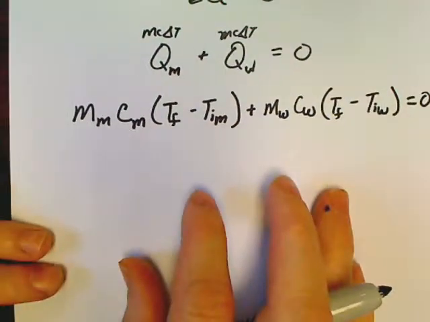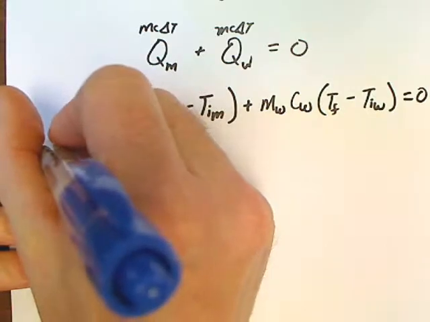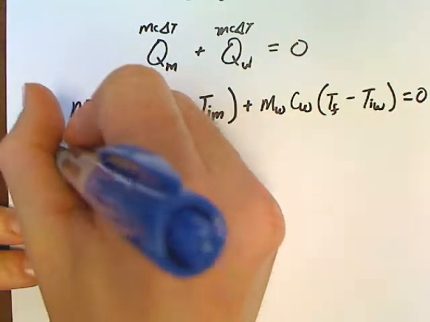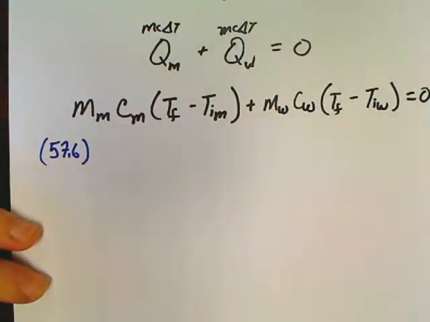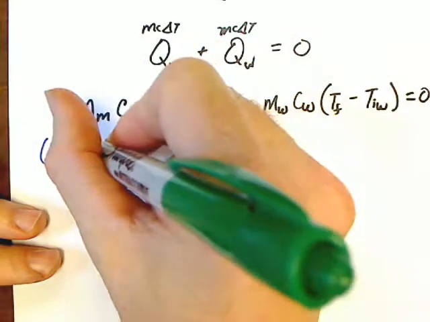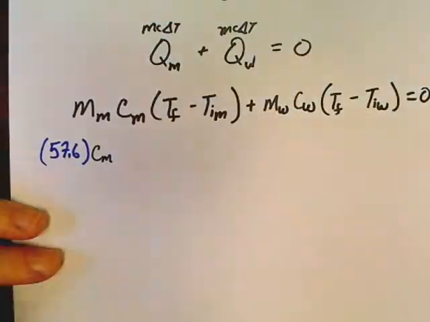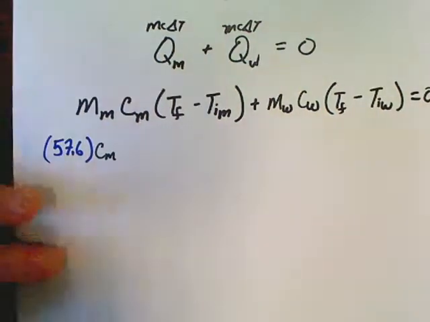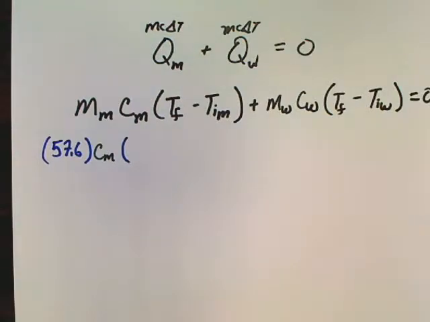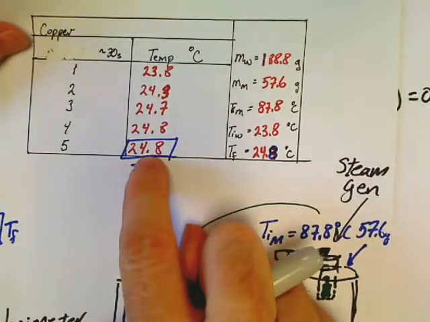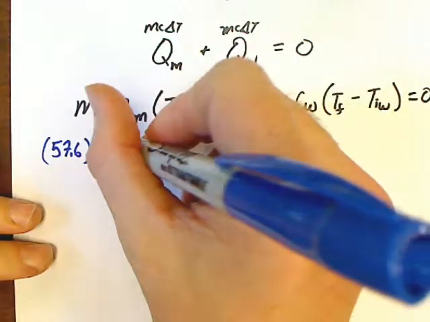Now I've got a feeling I'm going to use up every single inch of this paper. So, 57.6 times, and now C for metal, well, that's what I'm looking for. I'm going to write it in green to kind of change it up a little. And then temperature final. See if I can find my temperature final. My temperature final was 24.8